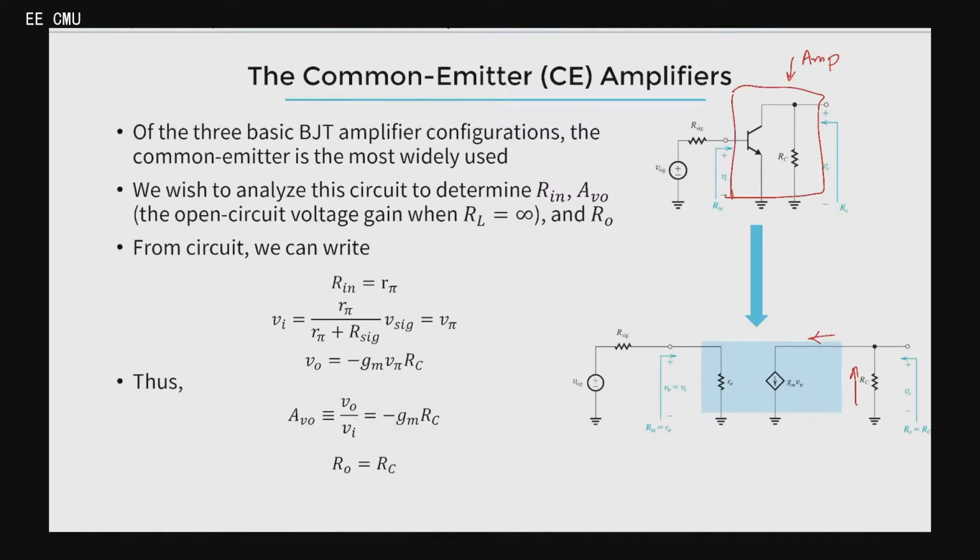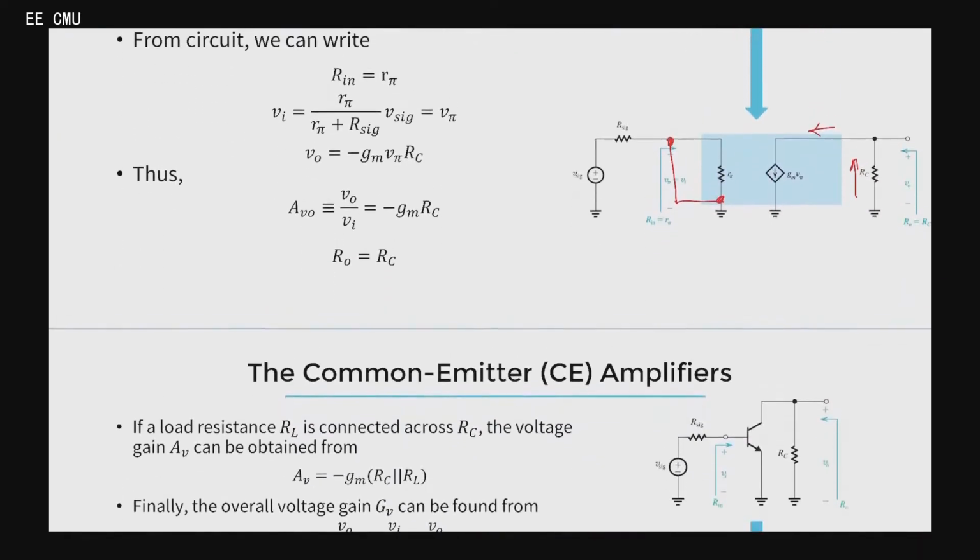What about R output? What is its value? It must be equal to RC, right? To find the R output, the first step is to do what? Short circuit the V input side, right? Now V input is equal to 0, right? V input is v pi, isn't it? Once we short this node with this node, the voltage becomes 0. This part is cut off, so only RC remains. The only component looking into this port is connected directly to ground, so it effectively becomes an RC configuration like this. After that, we have to remember that this is still an open circuit gain, right?